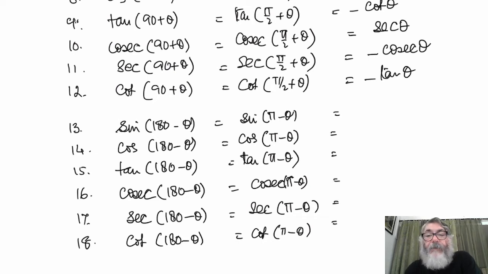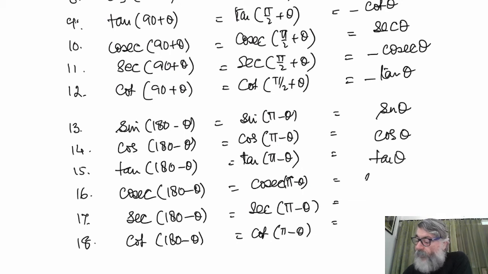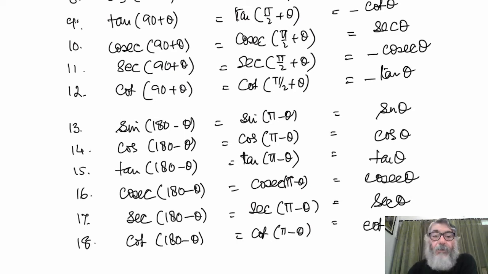Okay, when we are saying pi, 180 minus, that means pi is an odd multiple. It is going to be along OX dash. OX dash minus theta, again it is going to come into the second quadrant. But sine will remain sine here because it is pi minus theta. So sine theta, cos theta, tan theta, cosec theta, sec theta, and cot theta. And 180 minus theta is going to come into the second quadrant. So in the second quadrant, what do we have?